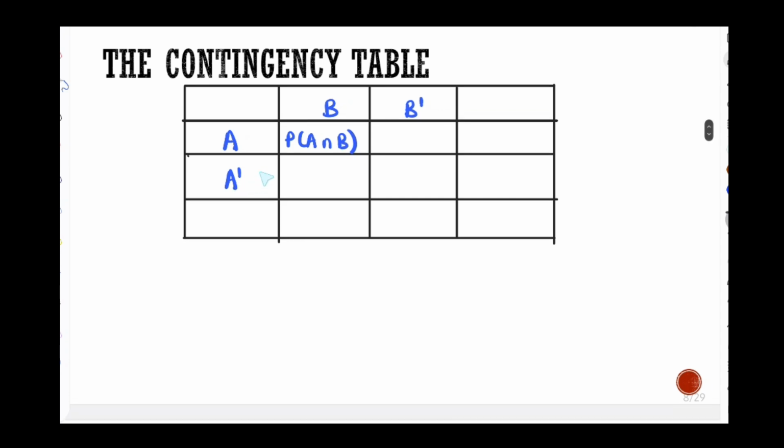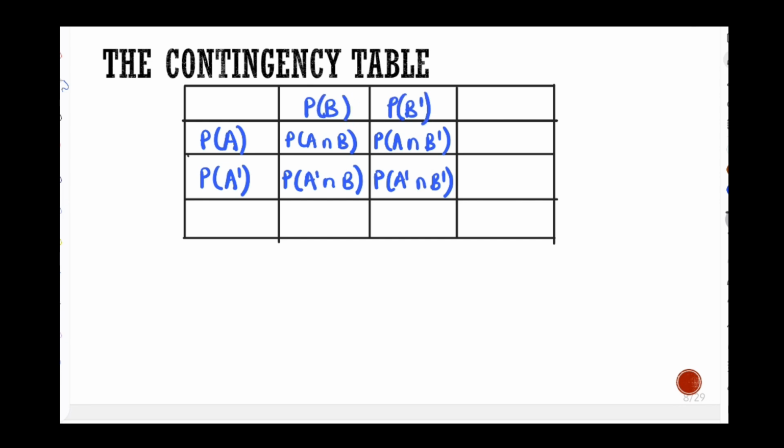Where I have A complement intersecting with B, I'll put probability of A complement intersection B. Where I have A intersecting with B complement, I'll put probability of A intersection B complement. And where I have A complement intersecting with B complement, I'll put probability of A complement intersection B complement. Yes, I can as well modify this to become probabilities. So this is probability of A complement, probability of B